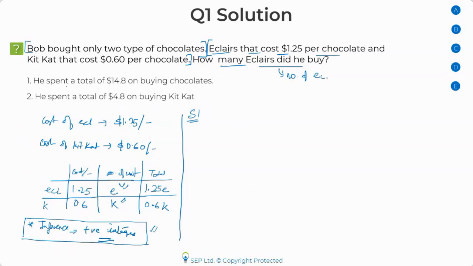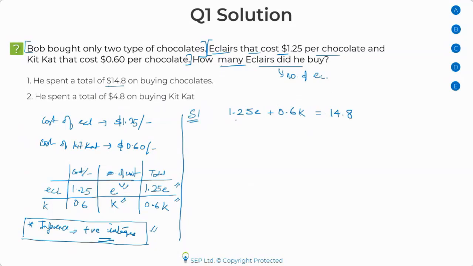So the first statement is that he spent a total of $14.8 to buy chocolates. Total. Now, see, I already know the total amount that I'm spending. So I can say 1.25E plus 0.6K is equal to 14.8. Now, most of you would discard this statement. In fact, 70% of you discarded this statement saying that there are two variables, single equation, I cannot get my